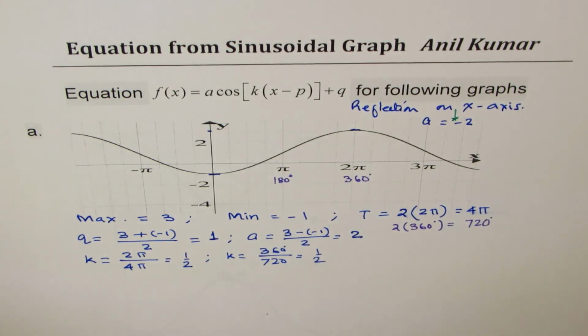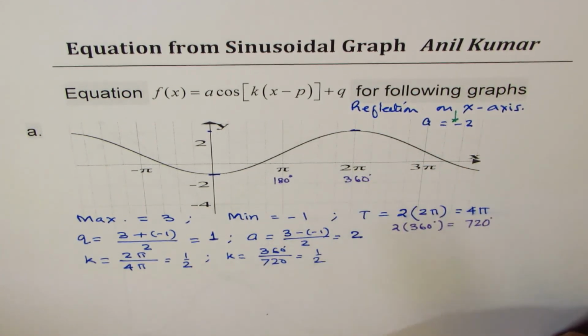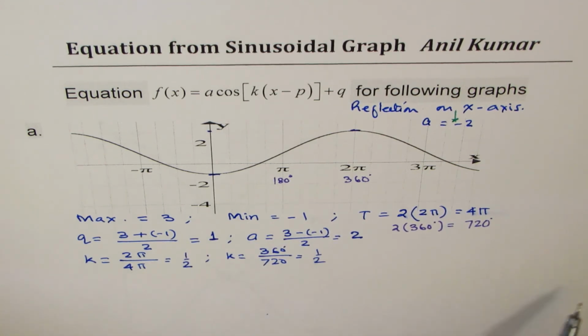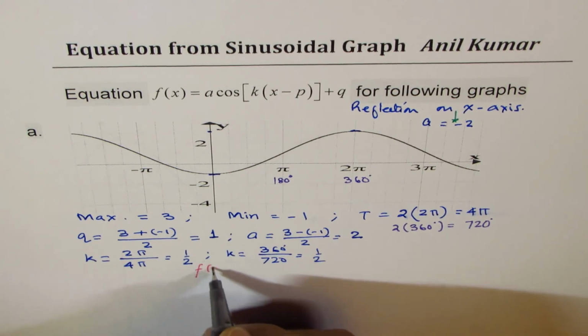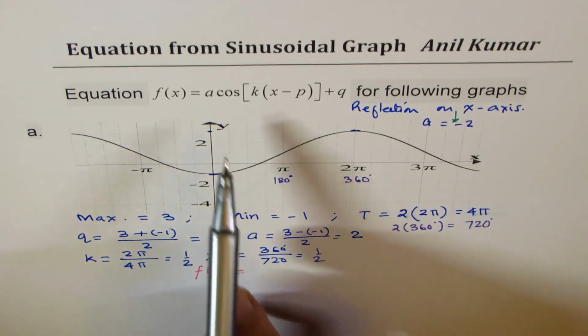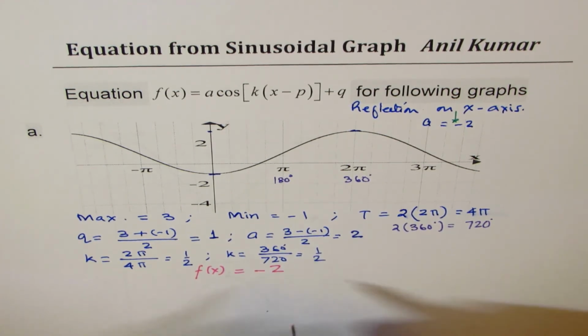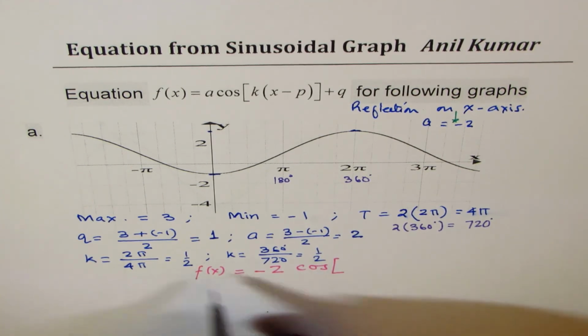So in that case, we can say that the phase shift is half the time period, correct? In a way, this is half the time period. Looking into all this, combining these terms, you can easily write down the equation, right? So we can say f of x is equal to amplitude, we are taking negative for reflection, 2 as the absolute value, cos k is half